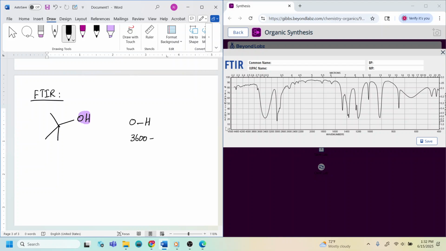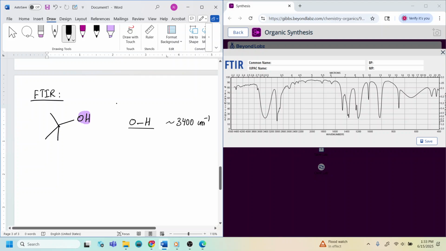Actually, over here, it's showing between 3,200 and 3,600. Or you can say it's around 3,400 centimeter to the -1 if you don't want the range. So this is going to be peak number 1. Every OH has 2 peaks. It has the vibration at a higher wave number, which is the stretching vibration. And it has a bending vibration as well,